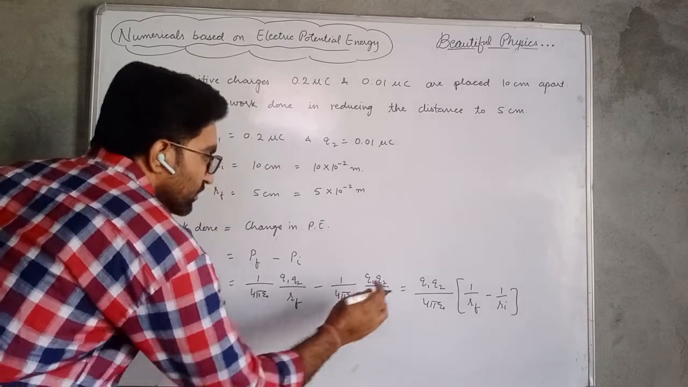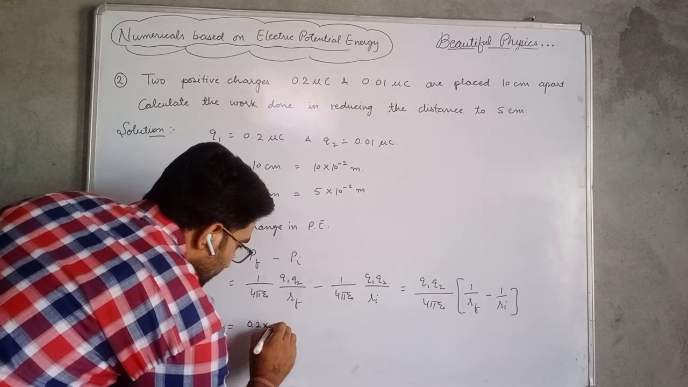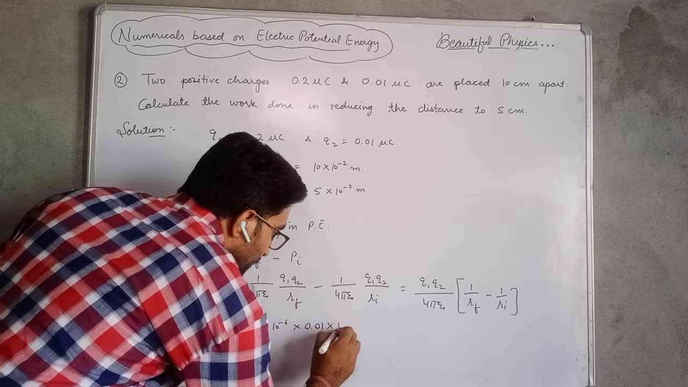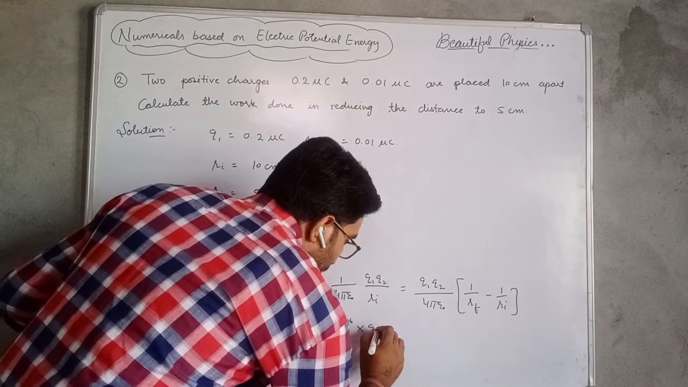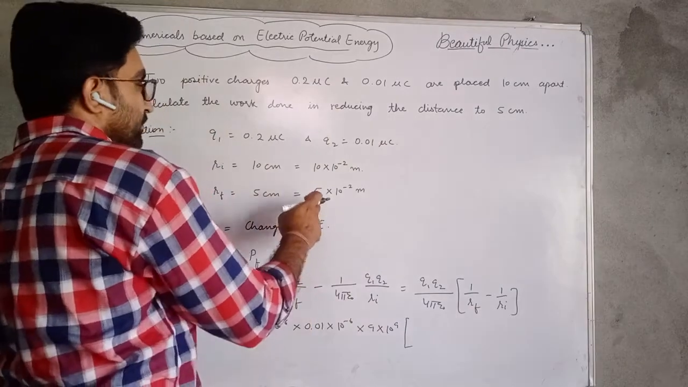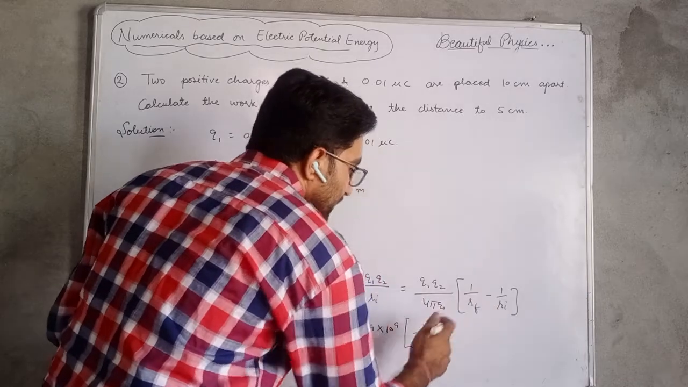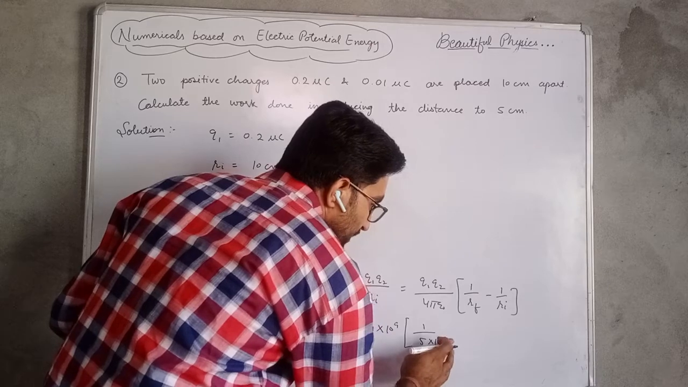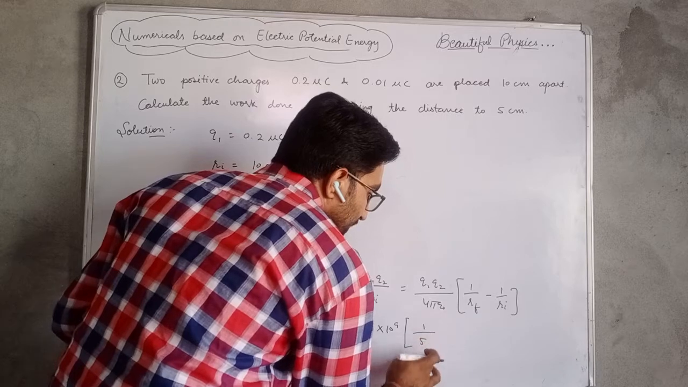So in place of Q1 we have 0.2 micro, which means 10 raised to power minus 6, and for Q2 we have 0.01 into 10 raised to power minus 6, and for 1 by 4 pi epsilon naught we have 9 into 10 raised to power 9, and for 1 by Rf we have 1 by 10 raised to power minus 2, 5 into 10 raised to power minus 2, and 10 raised to power minus 2. When taken on the upside, we can write it as 10 raised to power 2, and